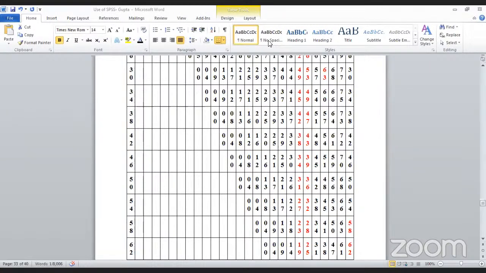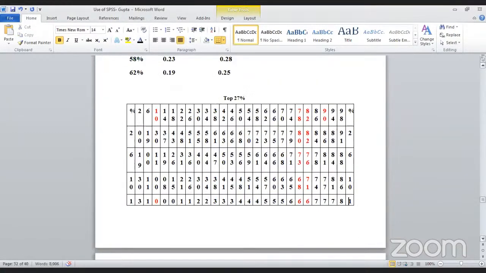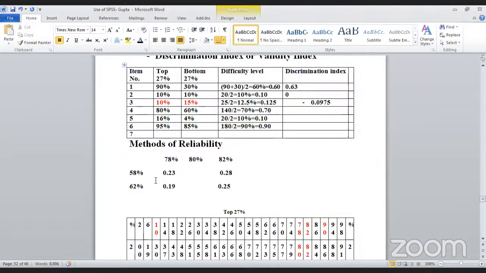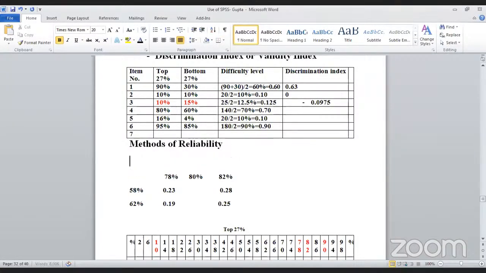अब जुगेश समझ में आया या नहीं आया? आ गया? अच्छा चलिए, ये वैल्यू मैंने यहां पे लिख दी है कि अगर दिस इज टॉप 27%, और ये है बॉटम 27%, तो जब टॉप 27% 78 है और यहाँ पे बॉटम में 58% है